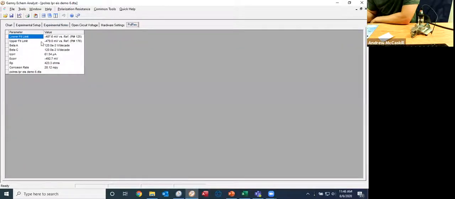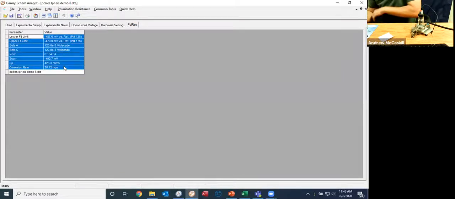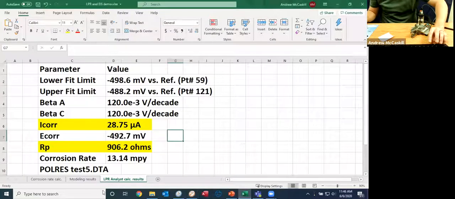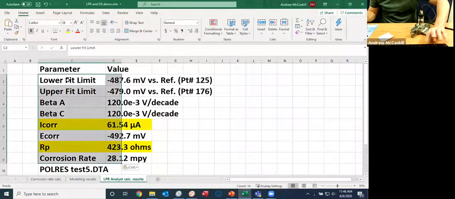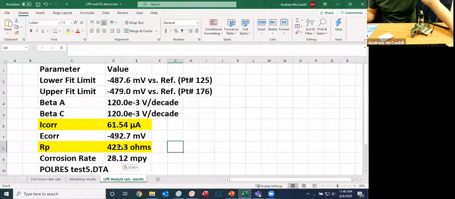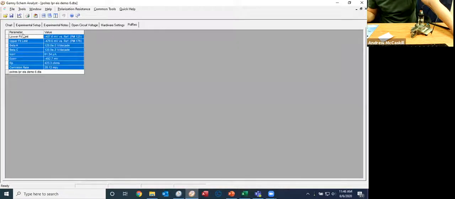The values that we have, back down to what we just saw before. Let me copy these and put them into Excel for you. Based off that line that I just placed, I'm at 423 ohms for my RP value. But I would say that would be a very bad choice